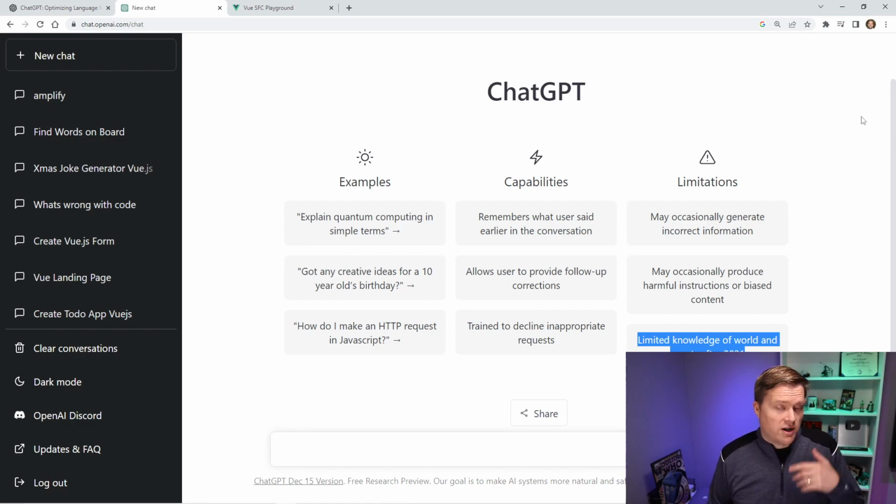I've already created a number of chats before we got on here. The reason I did that is because just typing out everything and letting it scroll takes a long time. So to speed up that process, I went ahead and created the chats. I'm going to show you some of the questions I asked, and see how well ChatGPT creates Vue.js code, which, as many of you who watch my channel know, I'm a huge Vue.js fan. I appreciate it. I am too, so I thought that would be a natural place to start.